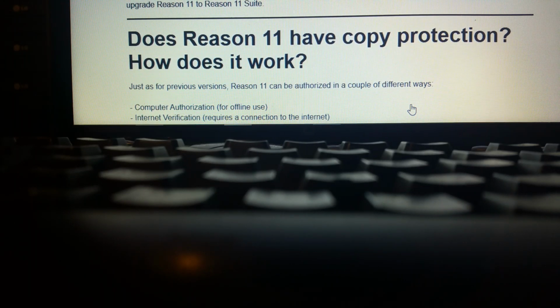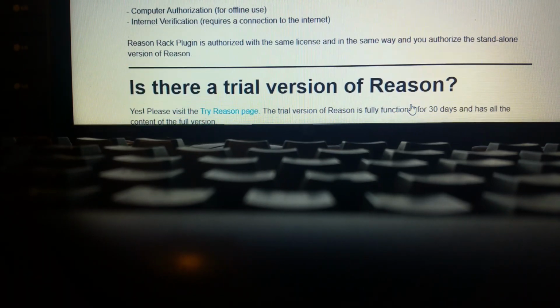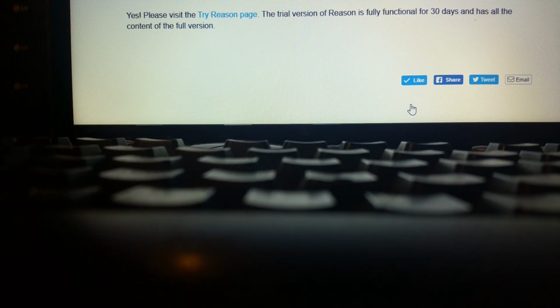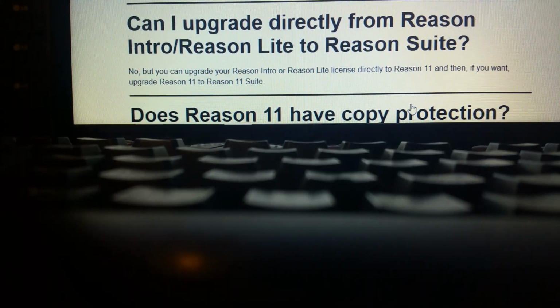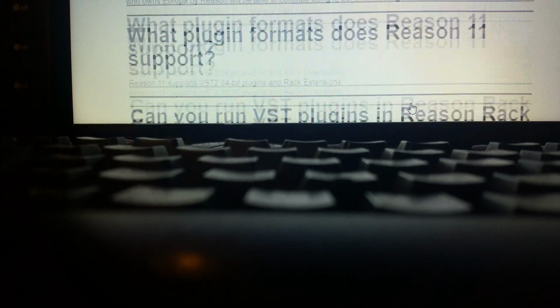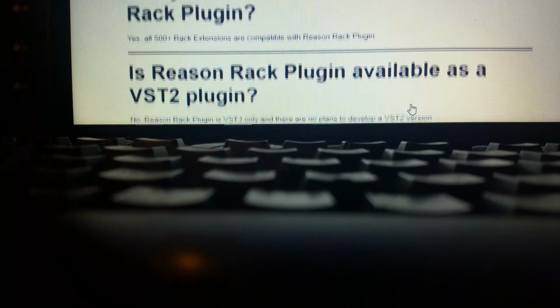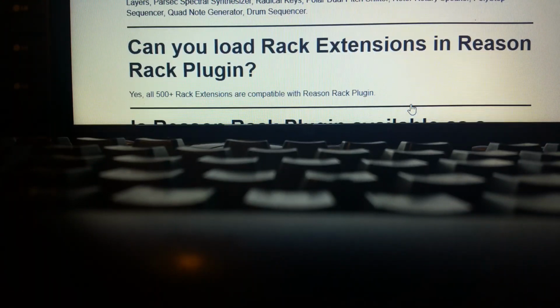Come on. Does Reason 11 have copy protection? Yeah, we already know that. We can skip over that. Is there a trial version? Yeah, for those that signed up for the trial version, it is what it is. It'll be here next week, so there's no need to sign up for a trial version. But again, let's see. Let's go